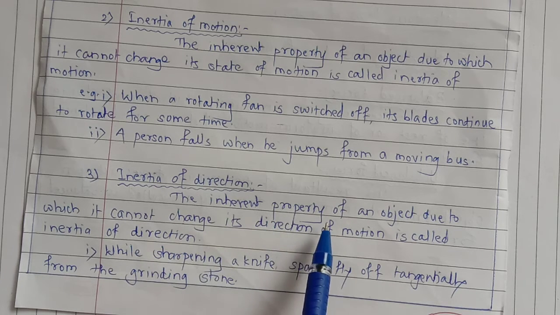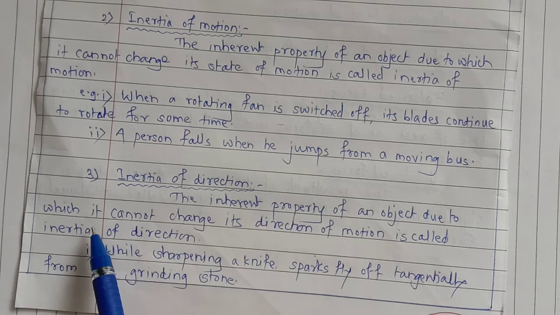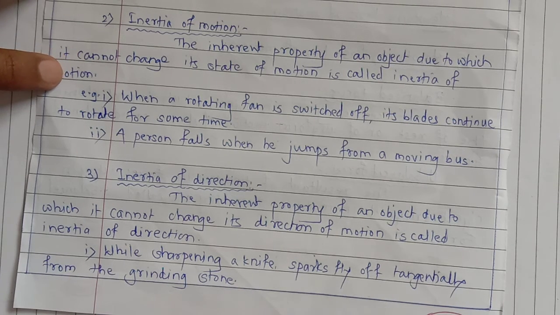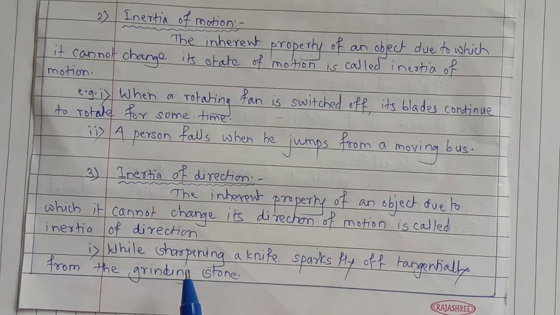The inherent property of an object due to which it cannot change its direction of motion is called inertia of direction. While sharpening a knife, sparks fly up tangentially from the grinding stone. You might have seen how these knives are sharpened. There is a grinding stone which moves in a circular motion. So when the edge of the knife is put on that